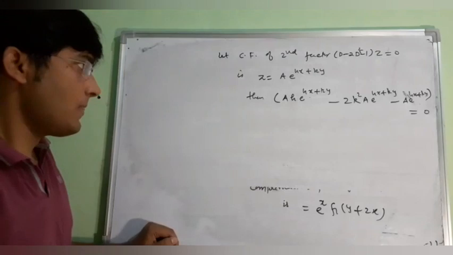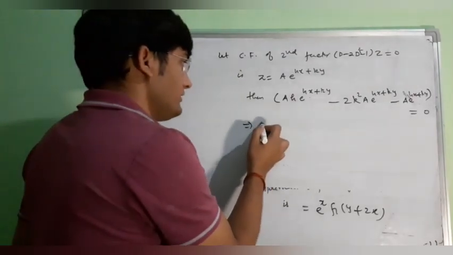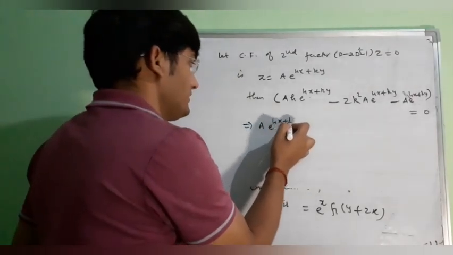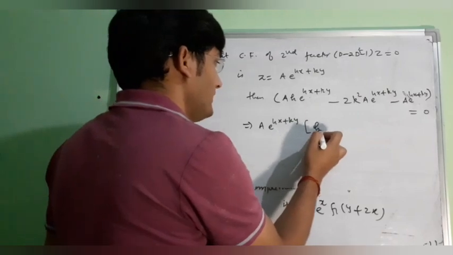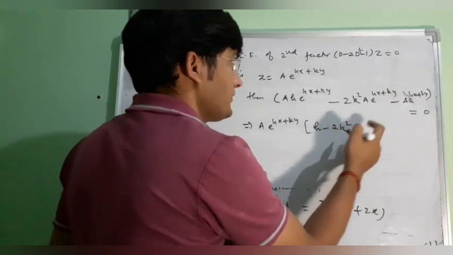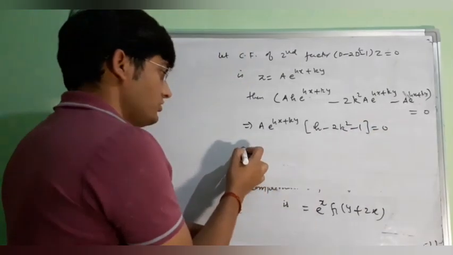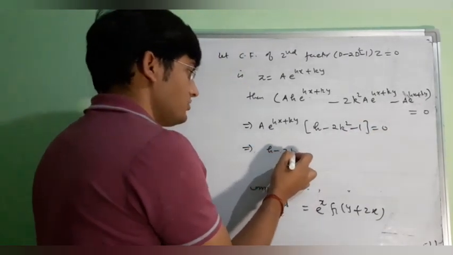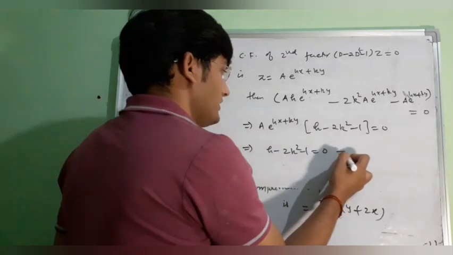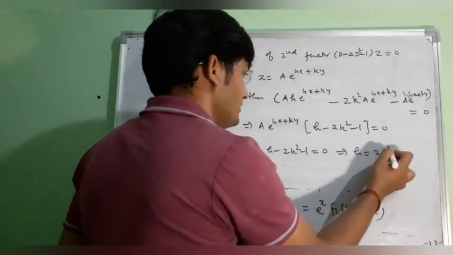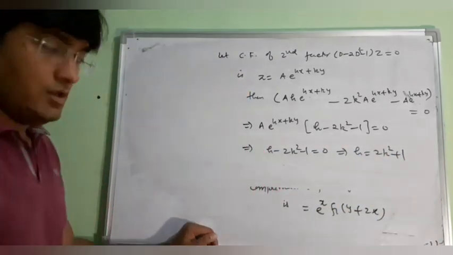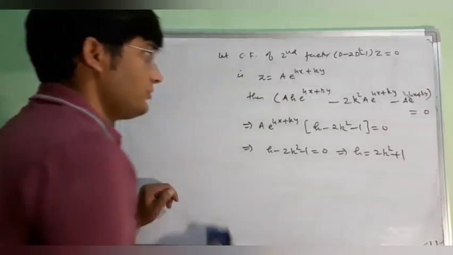Now let us take this a e to the power hx plus ky common. So in the bracket we will have h minus 2k square, and here we will have minus 1 equal to 0. This cannot be 0, so we will get h minus 2k square minus 1 equal to 0. So we can say that our h is 2k square plus 1. So the most general solution of this term will be,